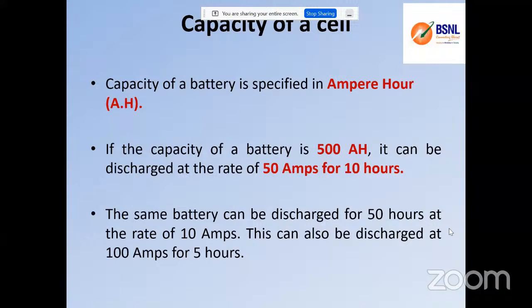Yes. But I would like to point out that here the voltages are not the same DC voltages. It will be converted into AC with the help of the inverter, so that the voltage will be 230 volt. Voltage is always 230. All 3 equipment will be taking up to 230, but current is increasing. So yes, the hours will be reduced, exactly. Because AH is fixed capacity, the battery can have only 500 AH, which means it can either deliver 50 amperes for 10 hours or 10 amperes for maybe 50 hours.